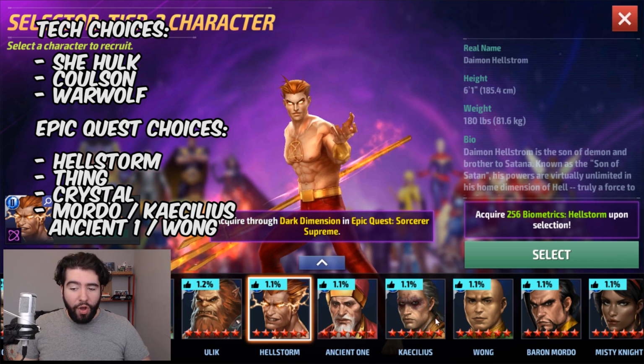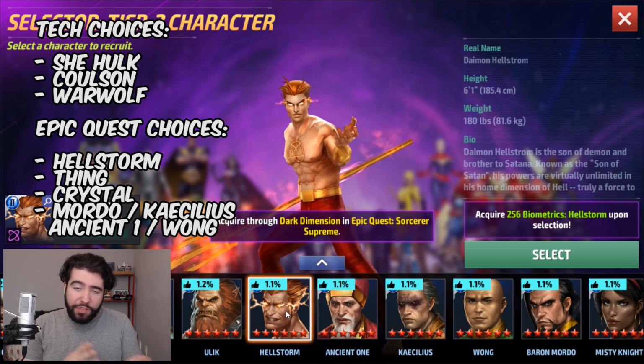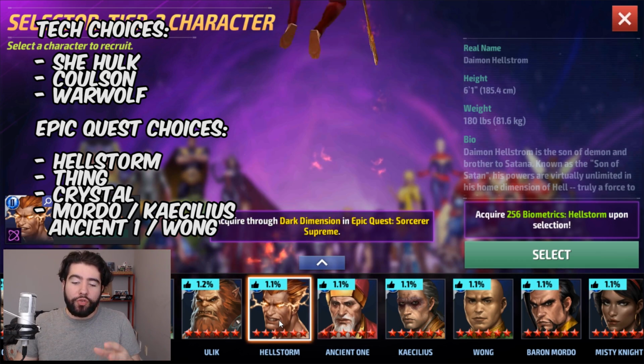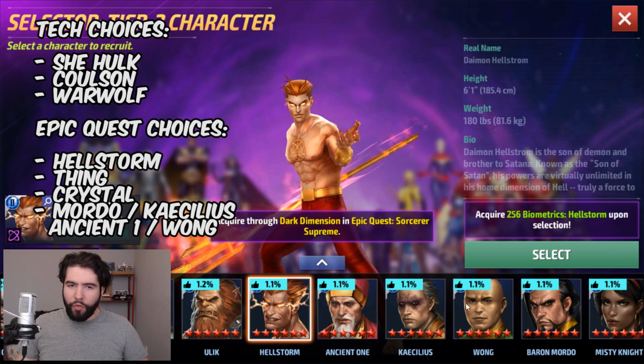Hellstorm, I would say, is better than all 4 of these because the Hellstorm quest will lock you out of the Satanic quest for every day that you do it. So unlike these other quests, you're slowing yourself down a lot more. And Hellstorm is generally a better character than all 4 of these